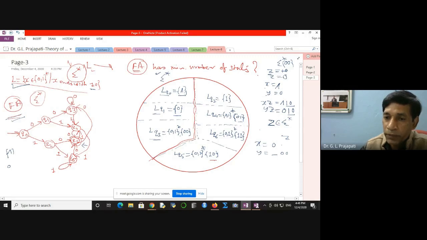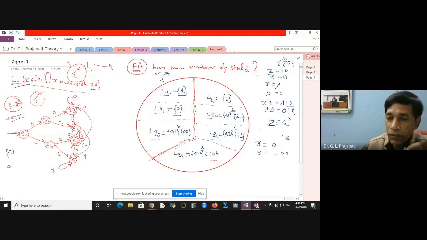Both are not in the language. So strings from the set LQ2 and LQ4 are also not distinguishable, and hence they are in one equivalence class. Now similarly, you can also find that the set of strings from LQ4 and from LQ6